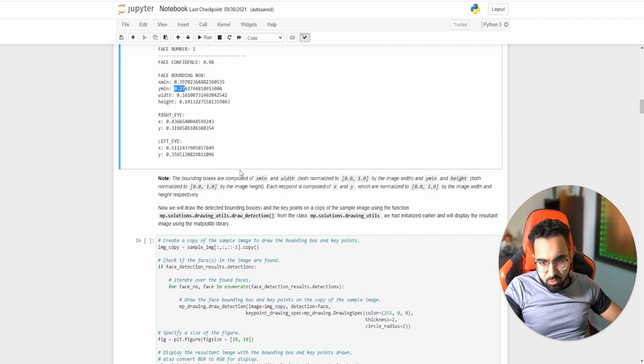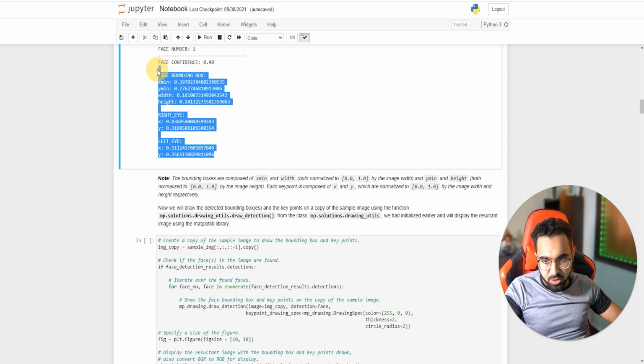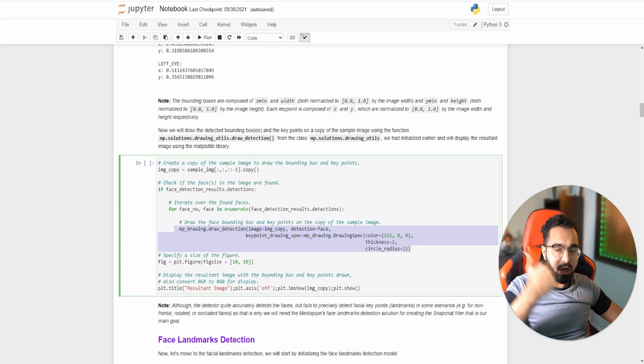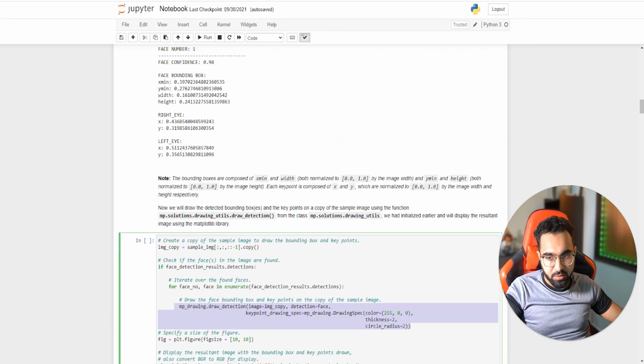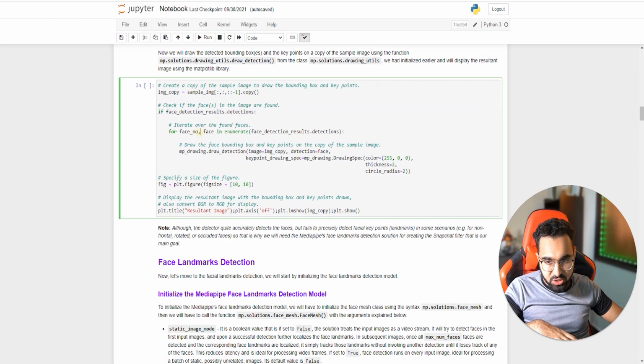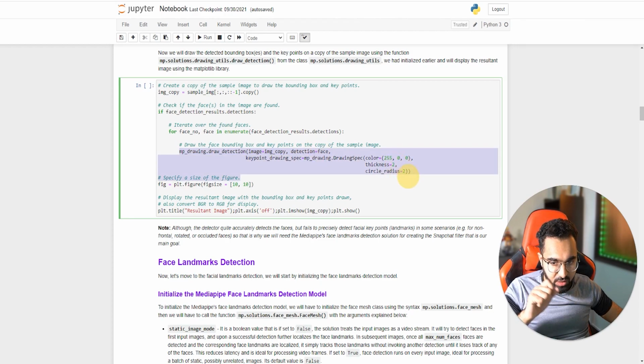So anyways, once that is done, right now I'm not doing any of those multiplications because the drawing utility itself, which we're going to use to draw out the face, is handling all these things internally. If you're going to use OpenCV to draw, then you need to multiply the width and height with these variables. So to draw out, what I'm going to do is load up the image and then iterate over each detection. And for each detection, I'm going to go over each face, and then I'm going to call the drawing utility function called draw detection.